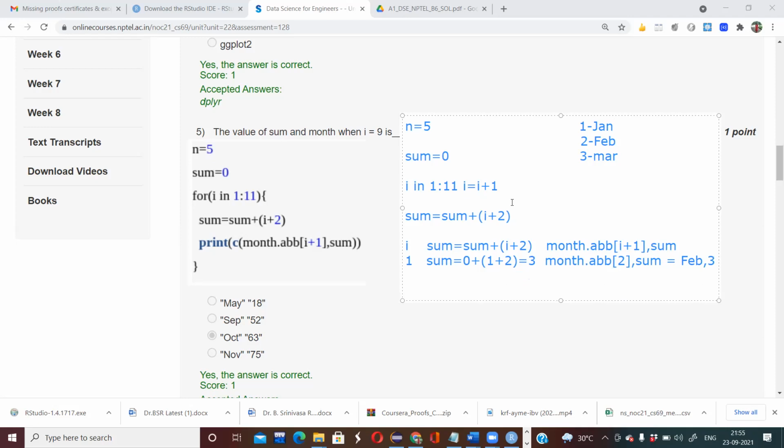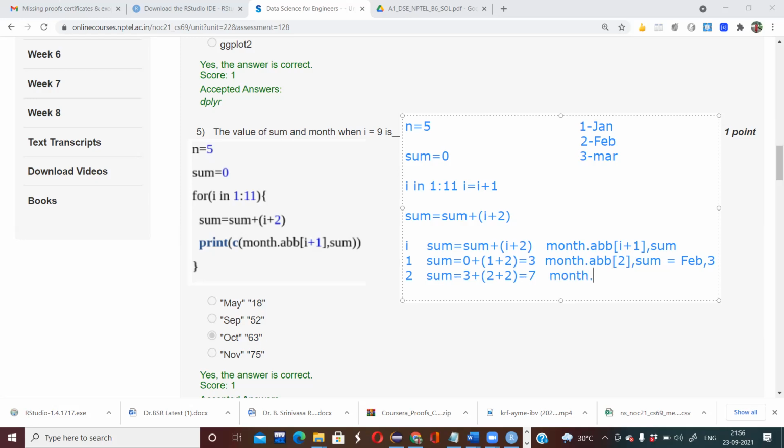Next, for I equals 1. I is already 1, right? So 1 plus 1 will be 2. The I value is incrementing to 2. Now the sum should be sum equals 3 plus 2 plus 2, that will be 7. 3 plus 4 is 7, right?